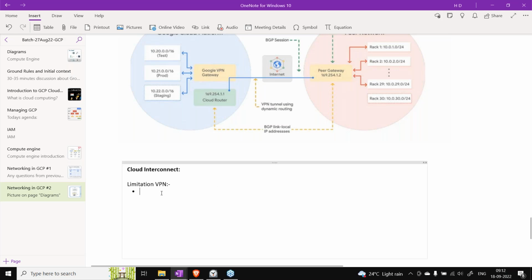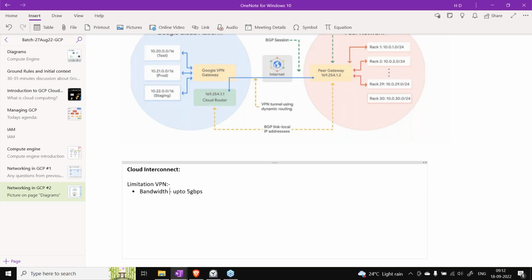Okay, so the first thing is the speed. With VPN, you can get up to 5 Gbps. If you are okay with this much bandwidth, not speed, we should be using bandwidth, this is a better word.